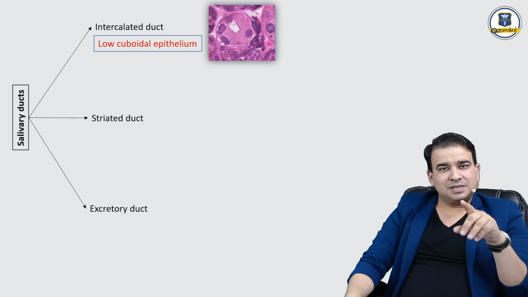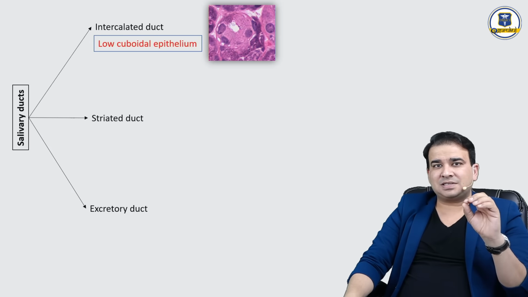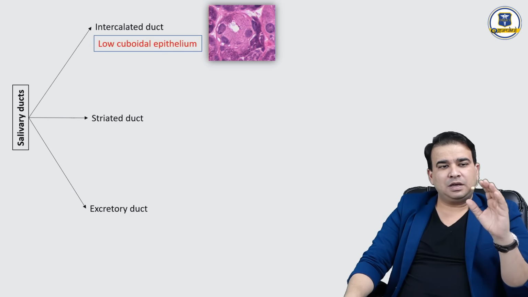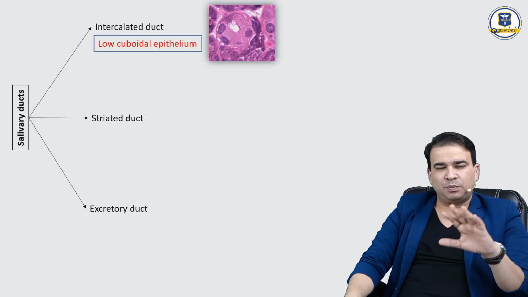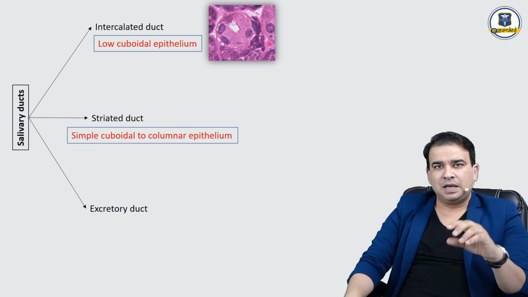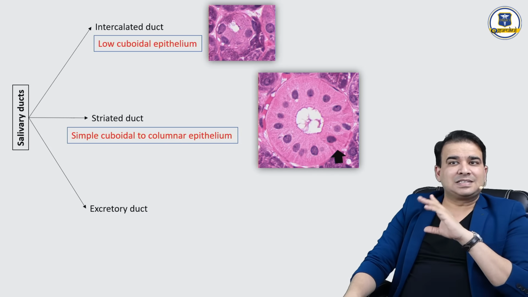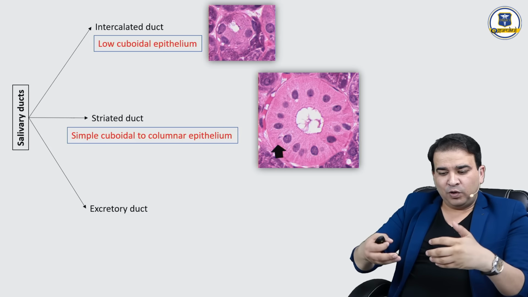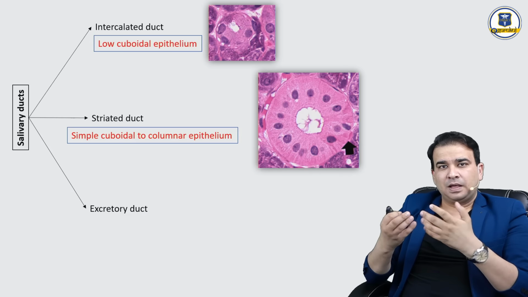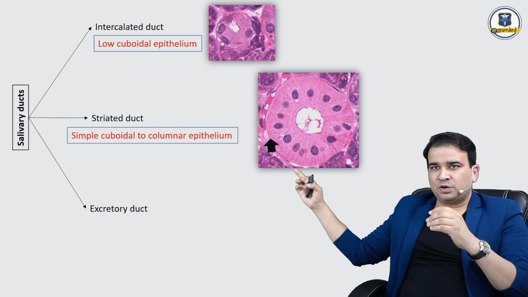The important one here is the striated duct. As the name suggests, striated, that is because of the striations. The epithelium could be cuboidal to columnar. It could be a simple cuboidal to columnar epithelium. But the feature, if you look at this picture, is the basal striations. The infolding of the basal plasma membrane will form these striations, on which you can see this arrow running here,